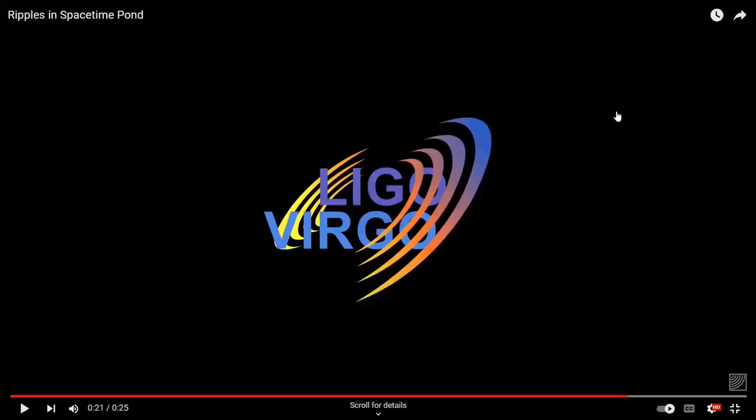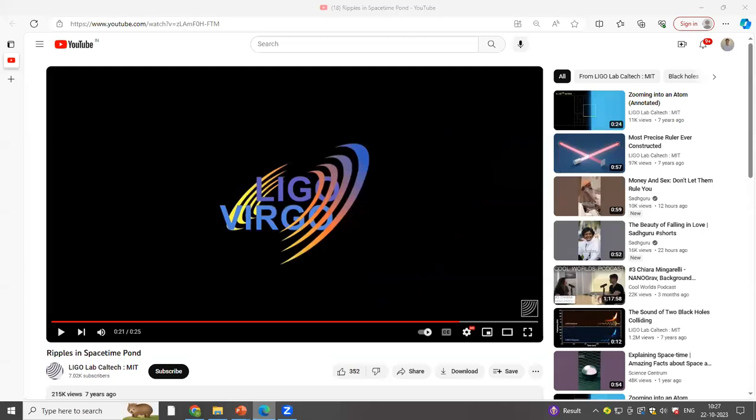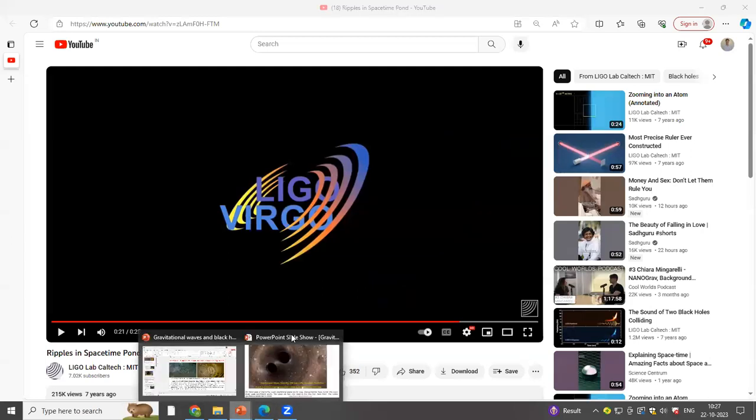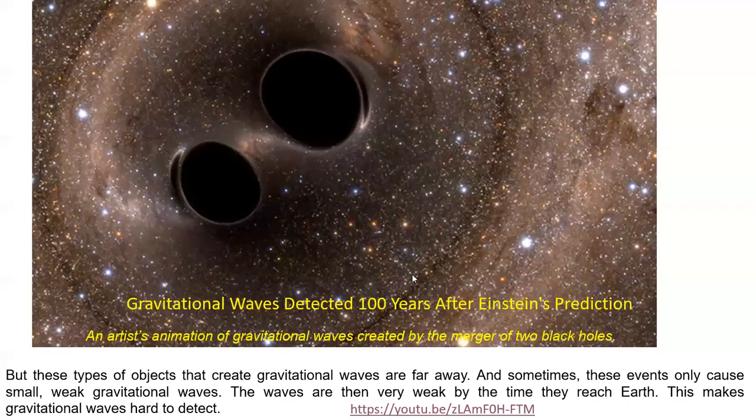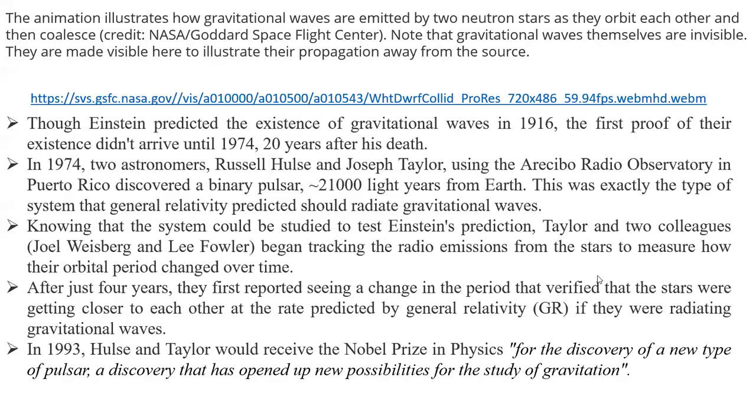Okay, here I'll come back to the original class. What animation you have seen illustrates how gravitational waves are emitted by two neutron stars.